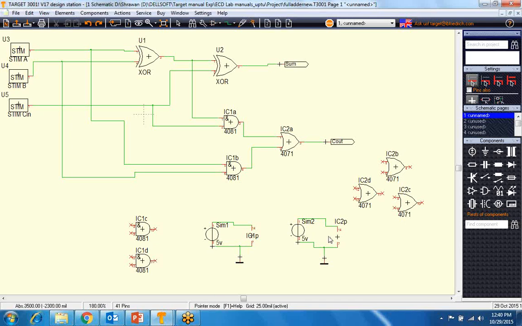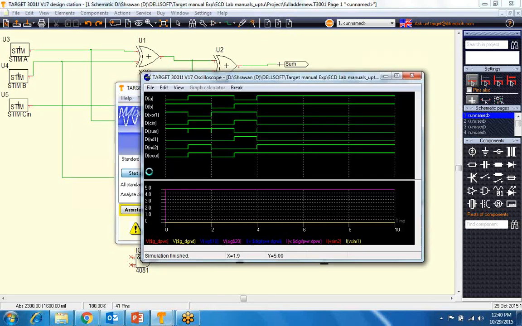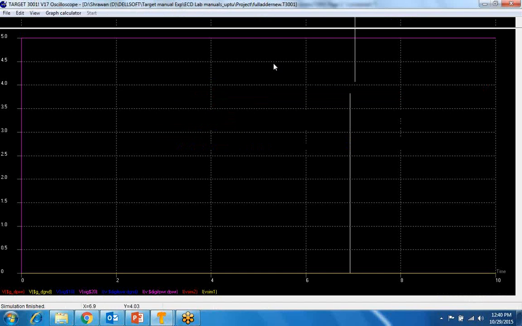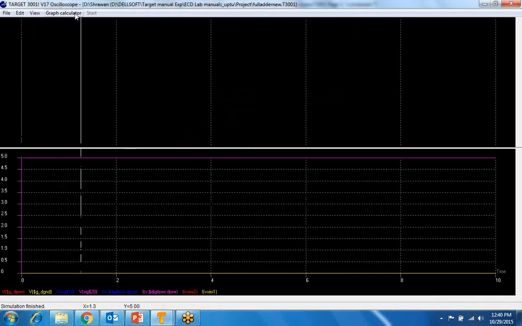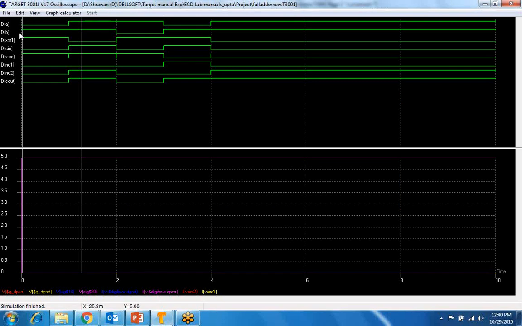This one is for this NAND. So these are the powers I've given. Now if you simulate it, show all. So it will show you the digital output. A, B, XOR 1, C. Yeah, the digital output is there.